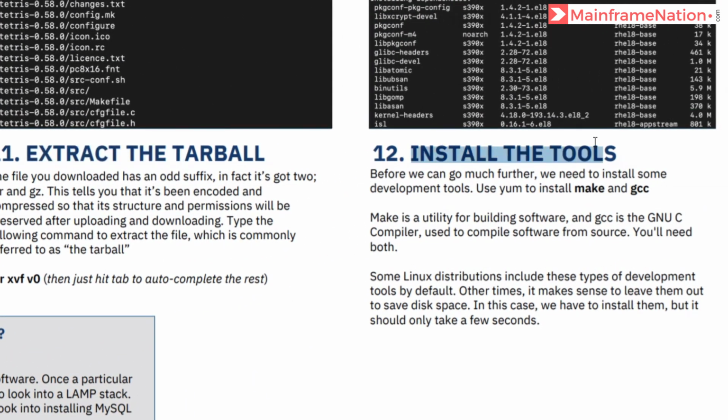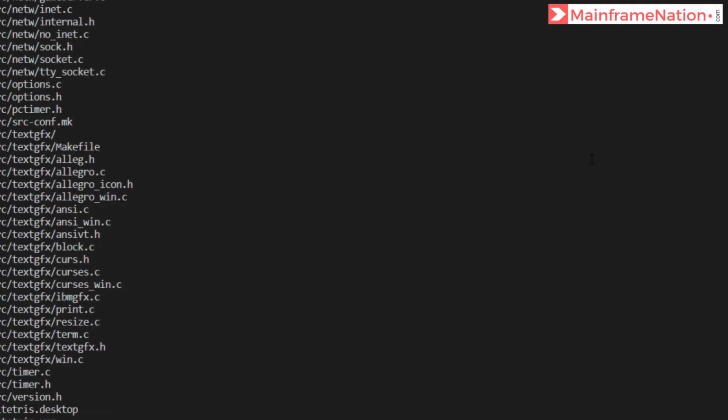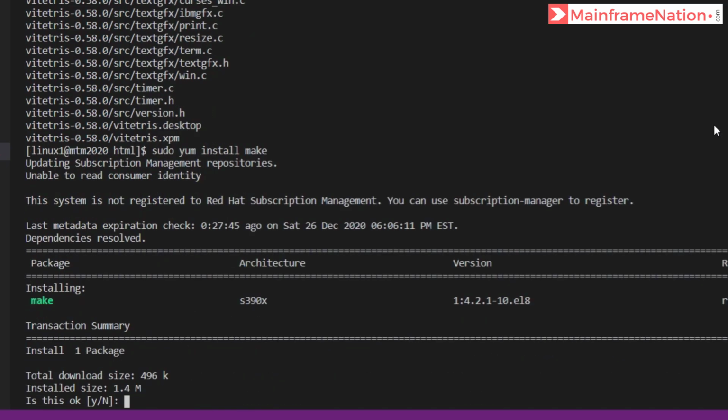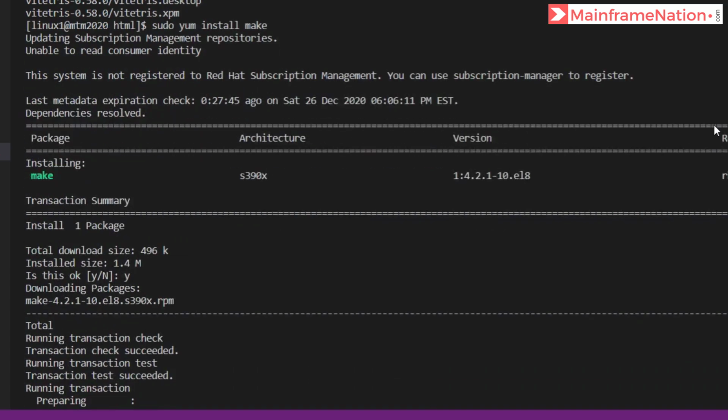Step 12 is to install the tools. Use yum to install make and GCC. Make is used for building software and GCC is a C compiler. So let's install both of them by using yum. So give here sudo yum install make. Is this okay? Yes.